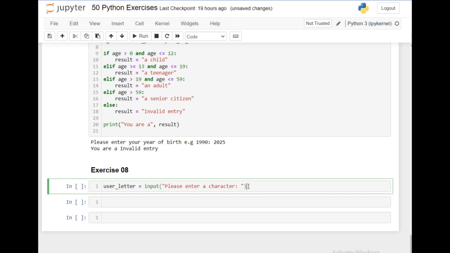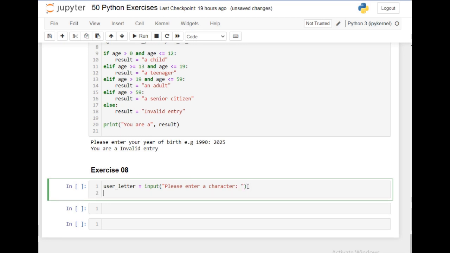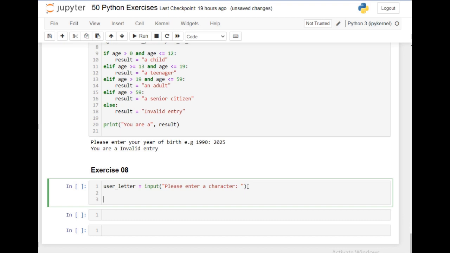So we ask the user to enter a character. Now, we could check this by using a long if statement, like if user letter equals A